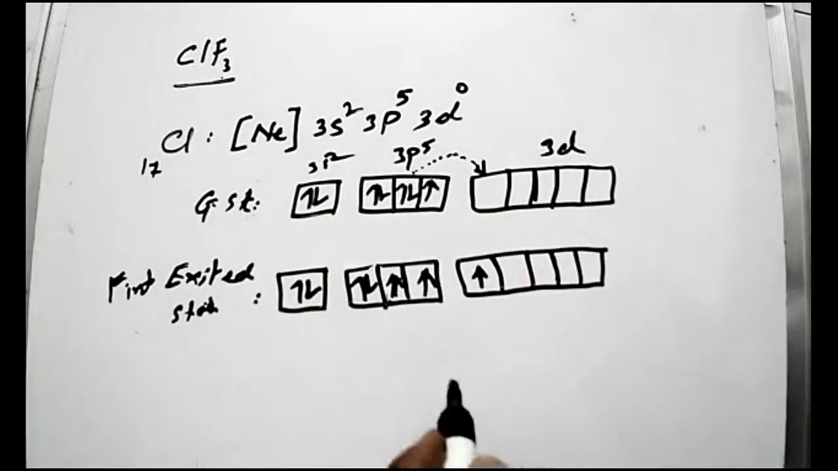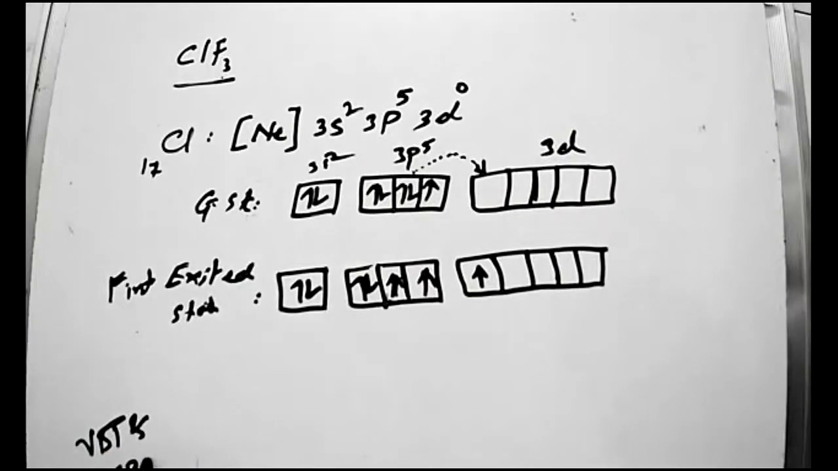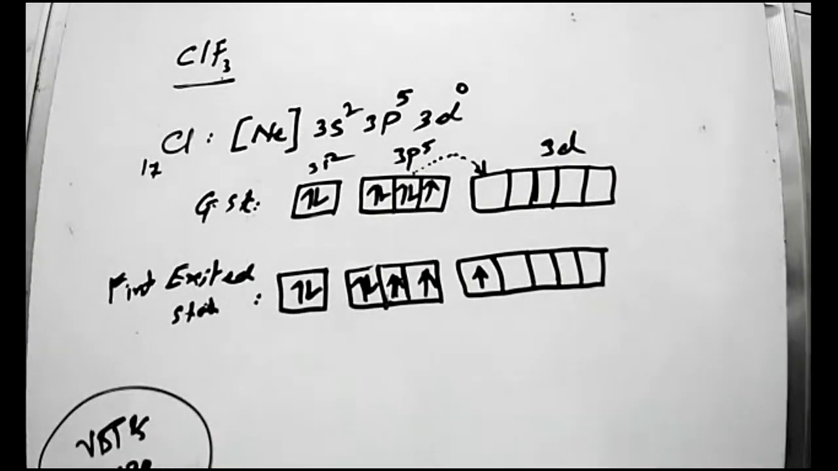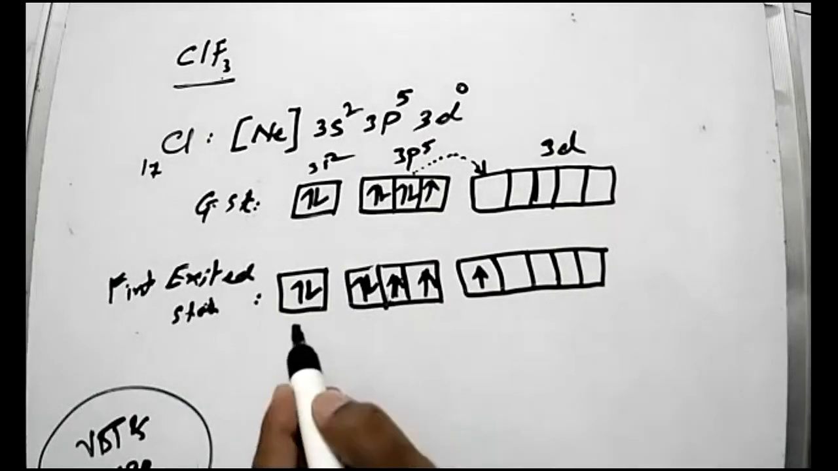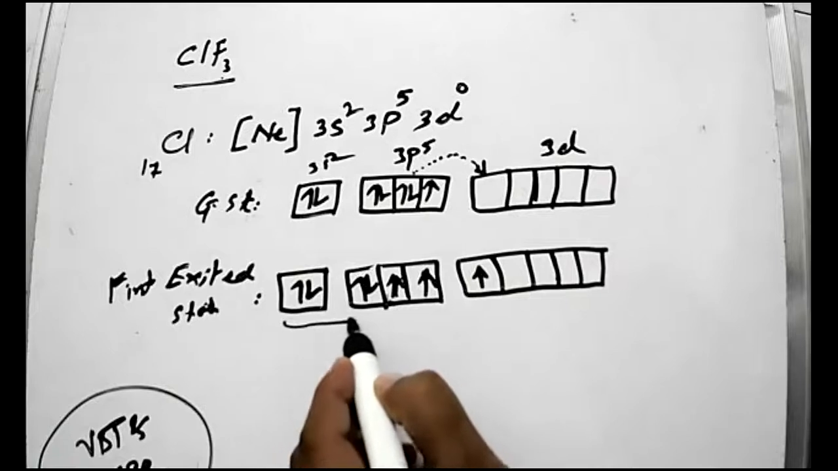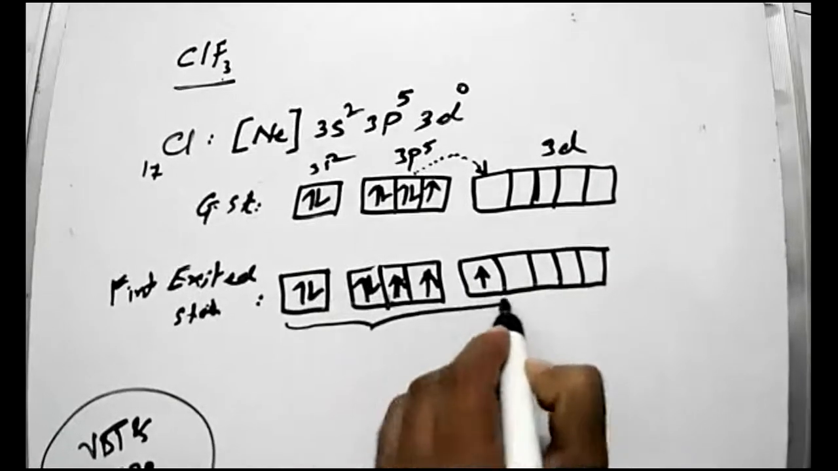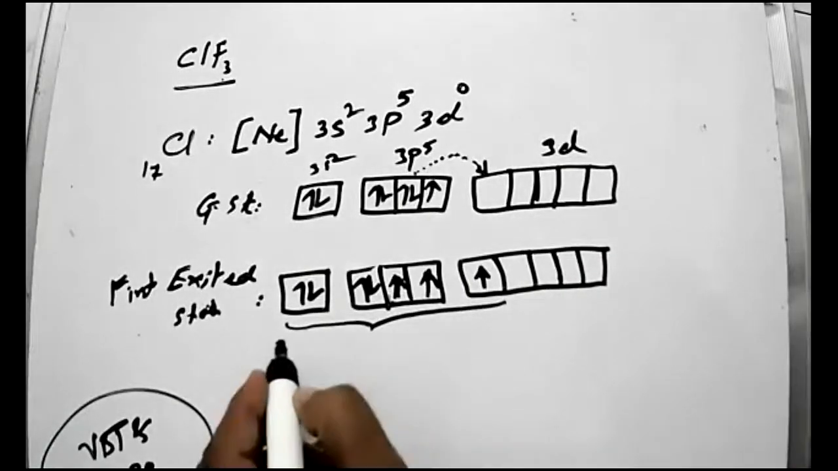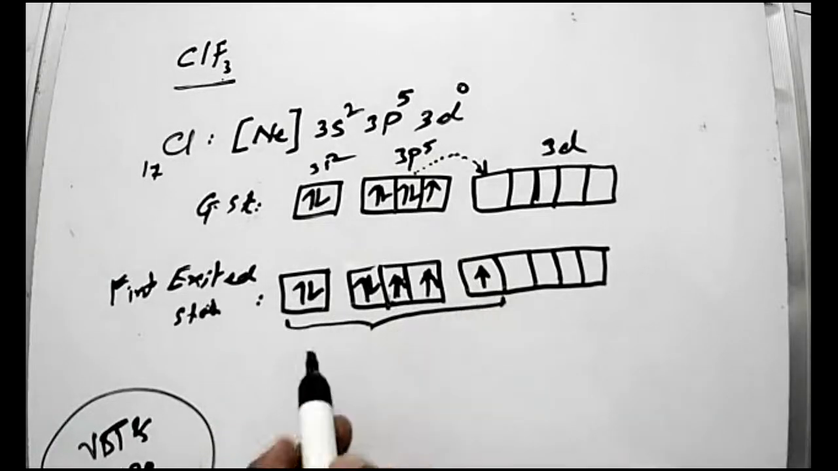Now see, according to VBT in combination with VSEPR theory, always those orbitals undergo hybridization which contain electrons. So you see here, this is what